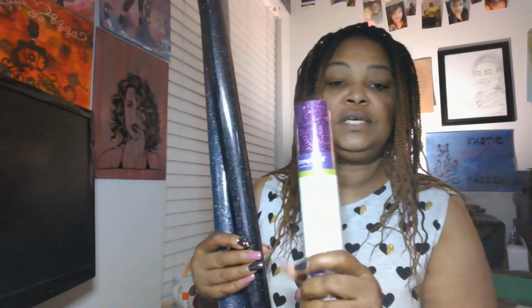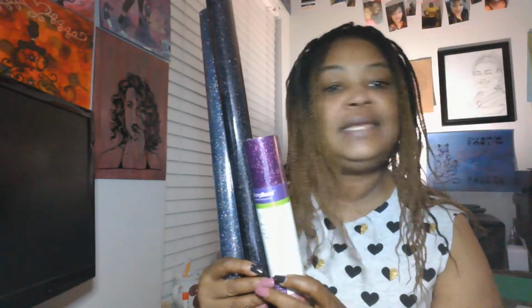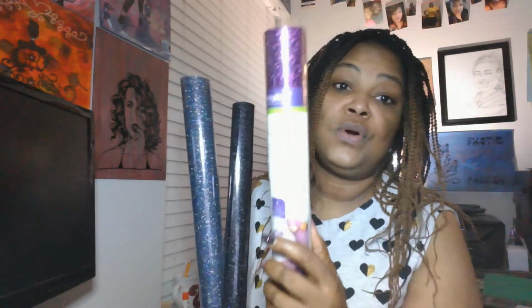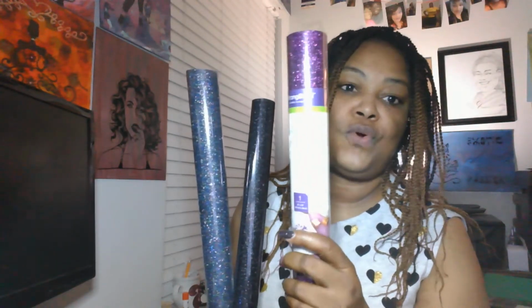I'll give you another tip. For glitter iron on, I always use cardstock. I never put it on glitter vinyl. I never put it on vinyl. I put it on medium cardstock, and it cuts like a charm. A lot of people struggle with glitter vinyl, and I always use cardstock for the setting that I'm using. I never use glitter vinyl or vinyl for the setting inside Cricut Design